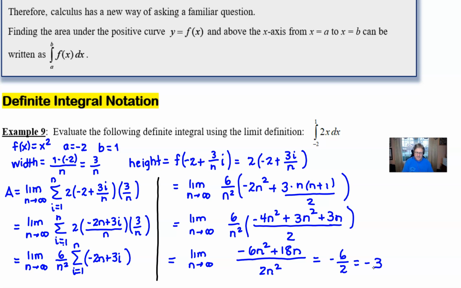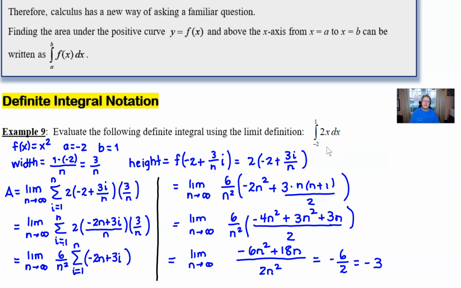Now I want to discuss something before we close out. Notice that our answer is negative 3, which you might think is a little bit unusual. Can you have an area that's negative? Well, if you'll allow me just a moment here to sketch this graph, and I don't think that this is a very difficult one to sketch. I think we can see